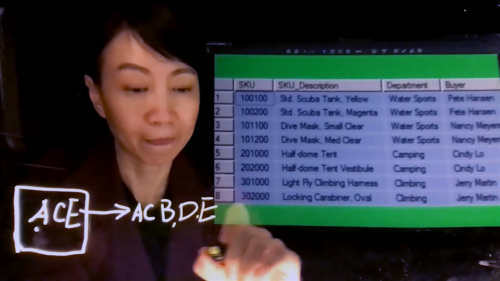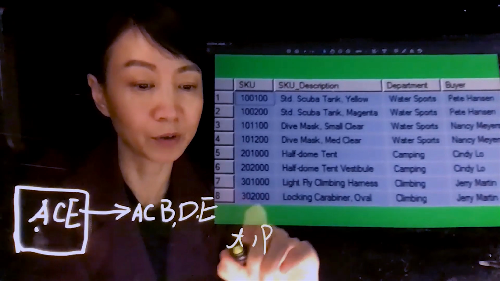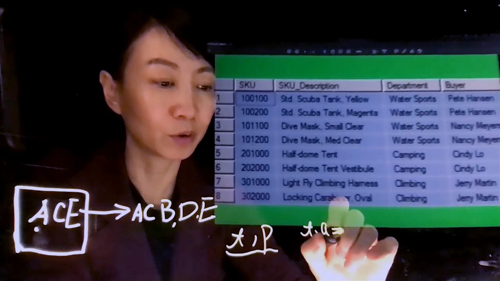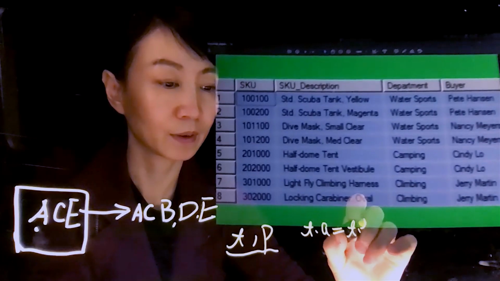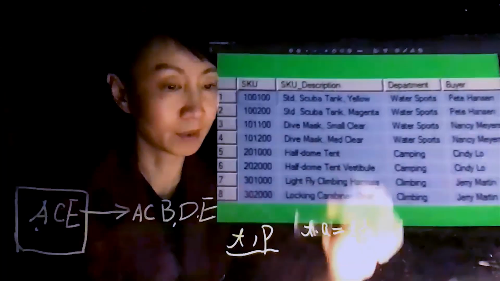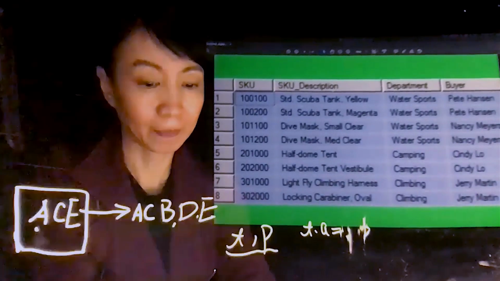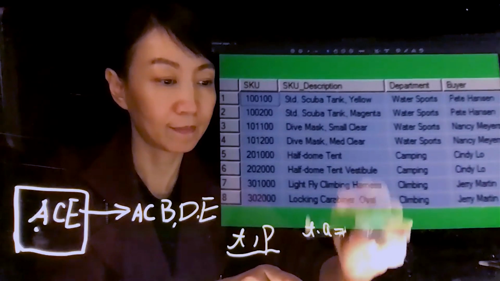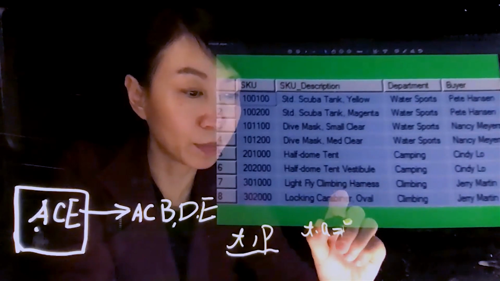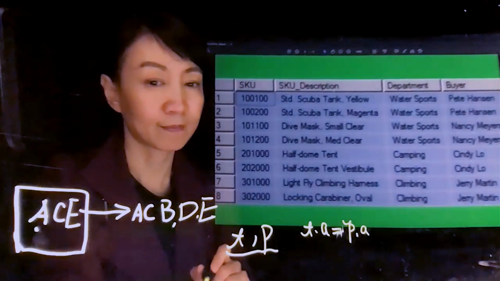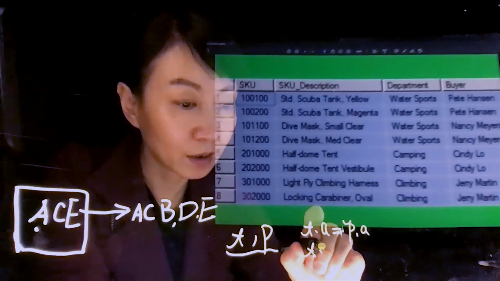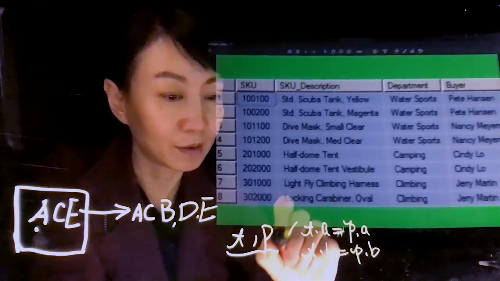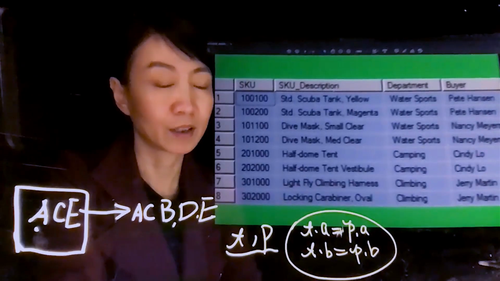We have applied this condition: if we have 2 rows, T and P, and if T.A equals P.A, and T.B equals P.B, this is the observation.